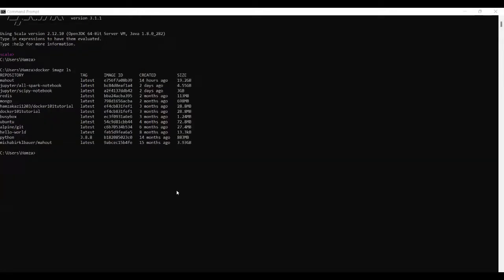So I had created a new Mahout image where I have copied my data for machine learning. So I can use the image ID for that image to run it and execute my data. So we will use the command of,